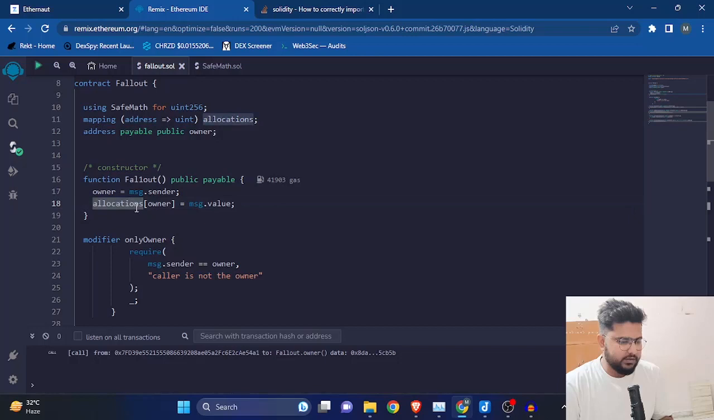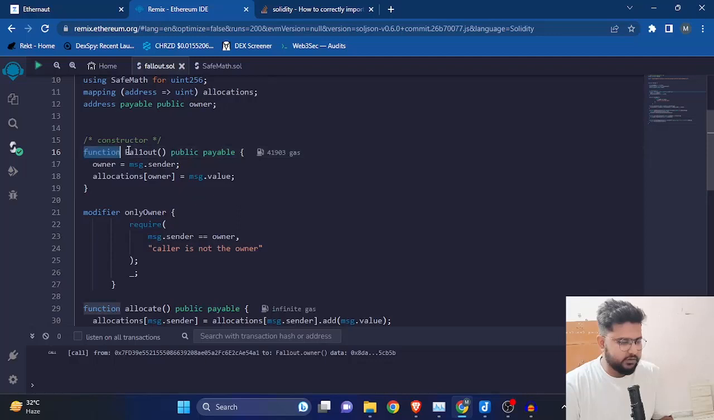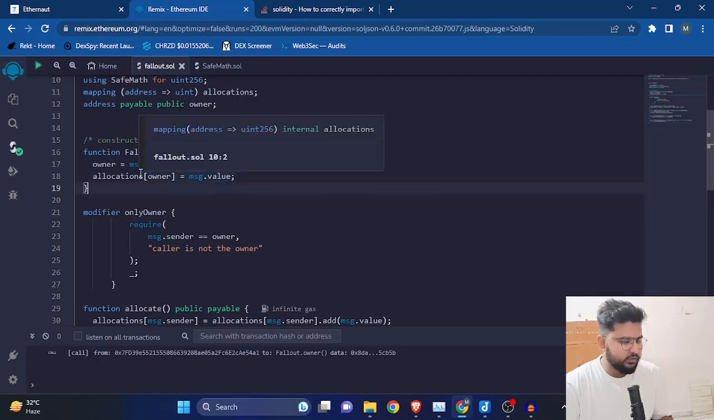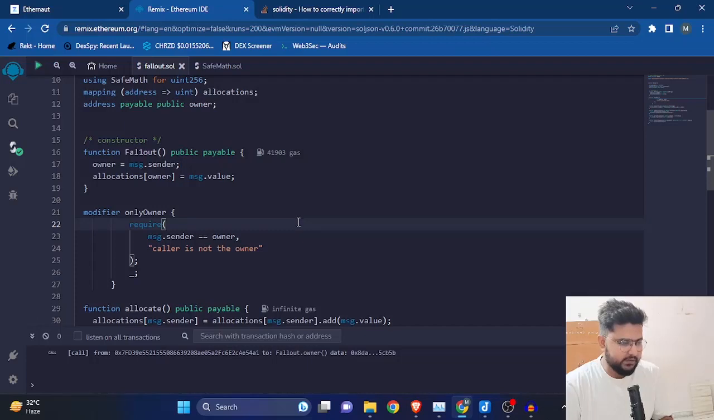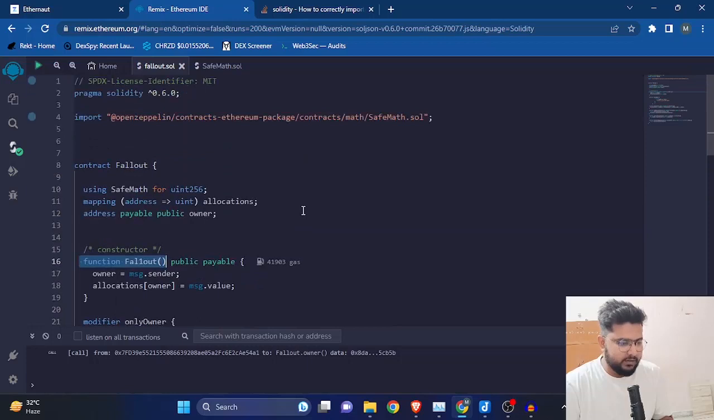So here is the allocations mapping, and you'll see that this one is the address of the owner, and this uint is basically the message.value, right? And the third one is function Fal1out, public payable. So it is written as a constructor function, but as you all know, a constructor is a special function that is not written like this function. But I've looked over some other videos and searched the internet for some things,